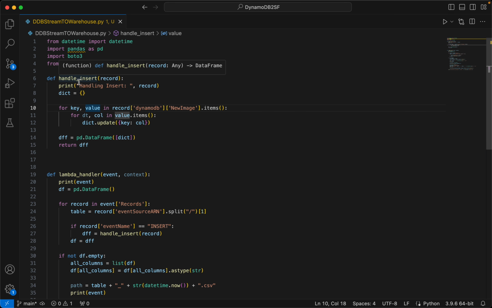Now whenever DynamoDB passes a DynamoDB stream, it adds two values. One is a new image and one is an old image. Since it's an insert, it will only pass a new image. So it will take the new image, create a data frame out of it, and